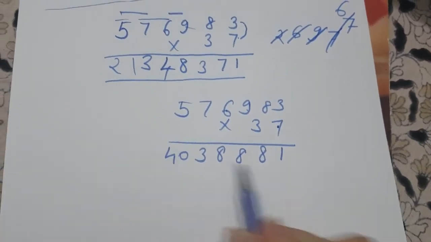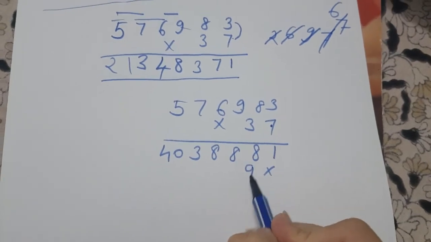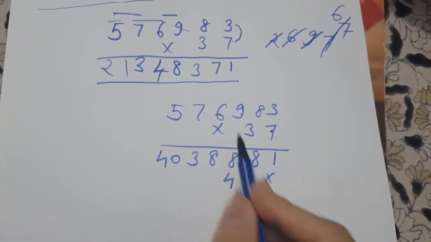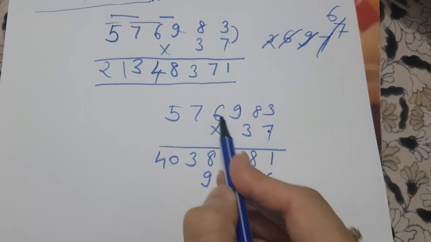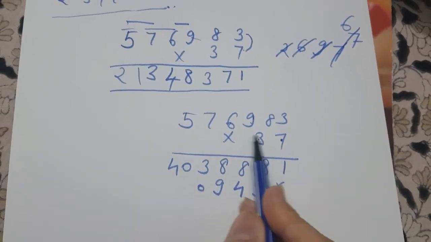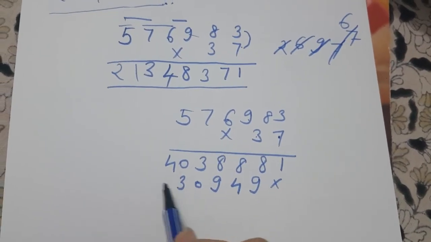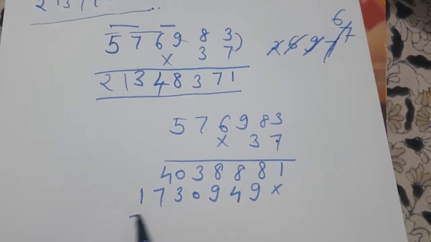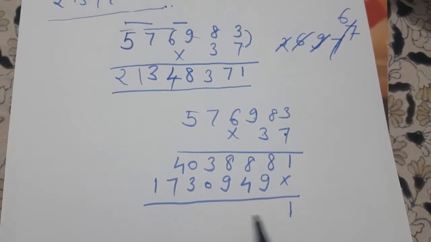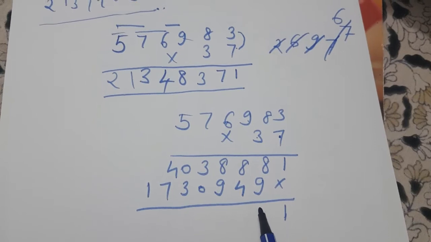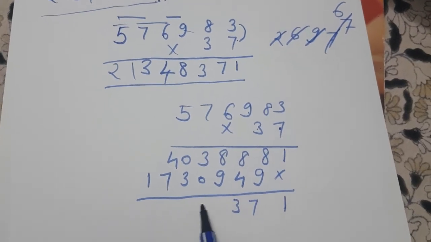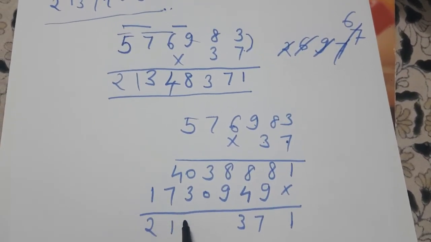Now you have to multiply this. 3 times 3 are 9, 8 times 3 are 24, 9 times 3 are 27, 29, 6 times 3 are 18, 20, 2 carry, 7 times 3 are 21, 23, 5 times 3 are 15, 16, 17. If you just add, you get an answer of this. You can add it simply.